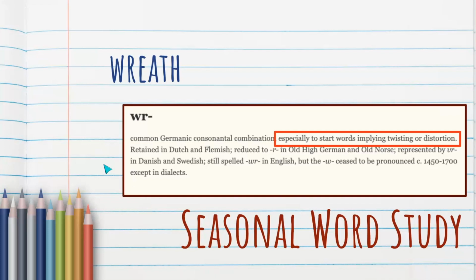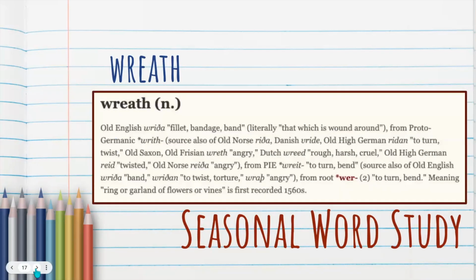So this idea that the WR grapheme has this sense to it, twisting or distorting. We think about our wrist. Our wrist is the body part that twists. When we're writing something, our letters are twisting or moving on a page. When we're wrapping something, maybe we're twisting and distorting the material that we're using to cover it. Or when you're wrecking something. The one that I thought of was a wrought iron fence. And isn't that when the wrought iron is twisty? Mm-hmm. I think it is. I forgot to look it up.